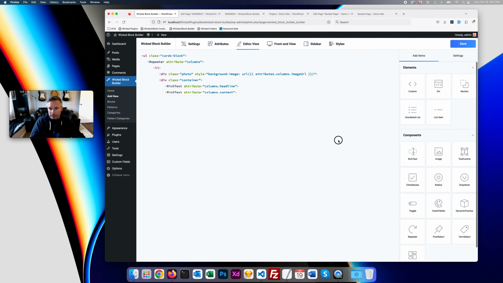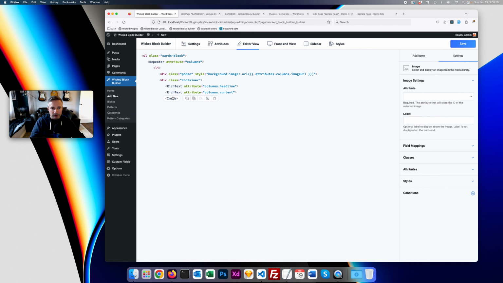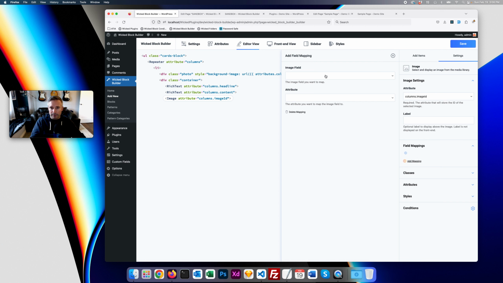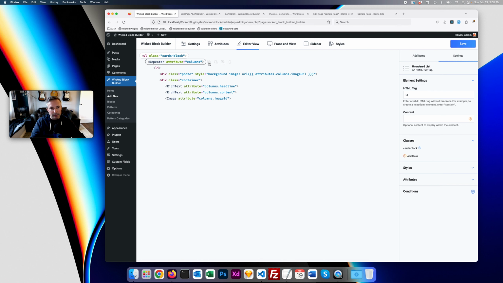And finally, I want to have a way to select an image for each column, so I'll add an image component. And we also need to grab the URL from the image when it's selected and map it to our image URL attribute. And the last thing I'm going to do actually is add a data attribute to the list